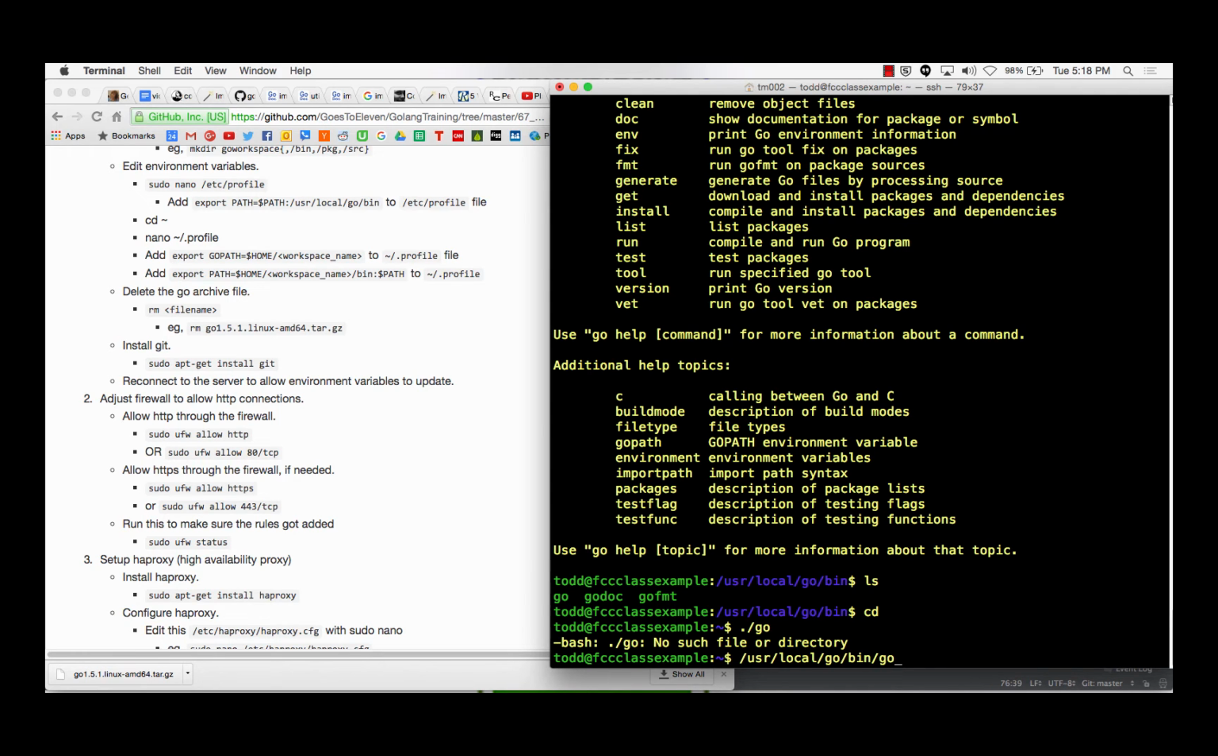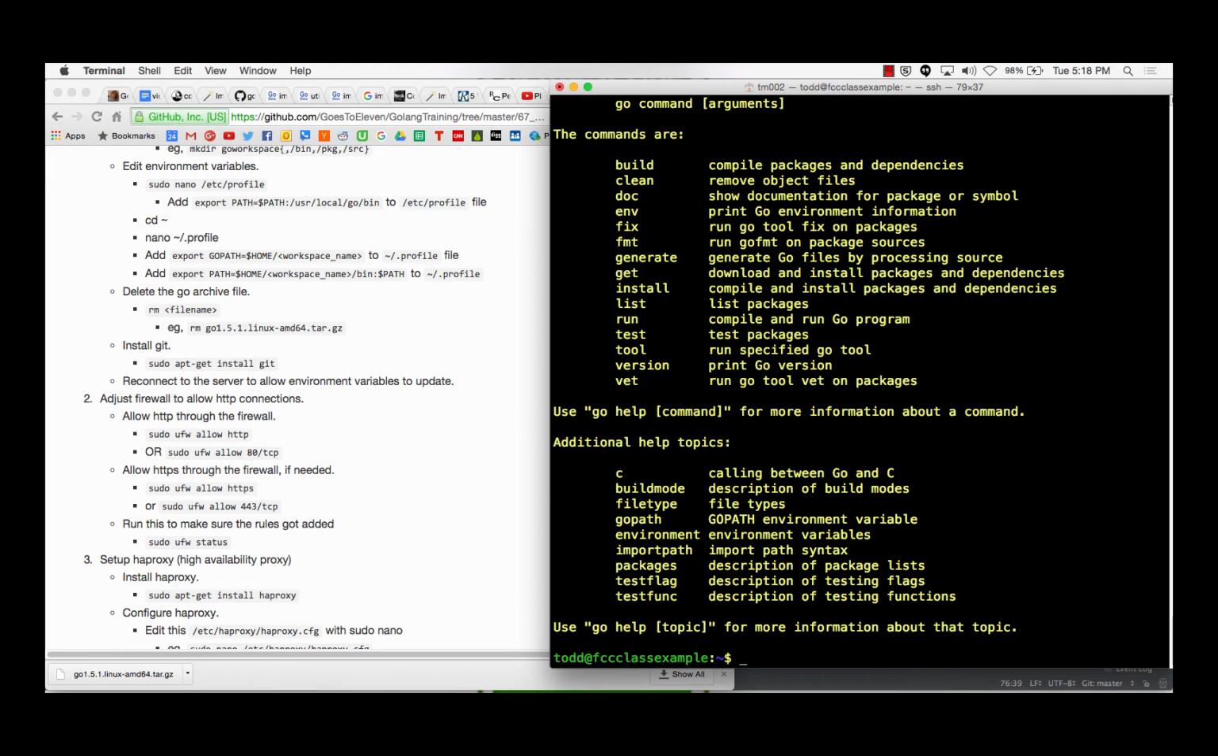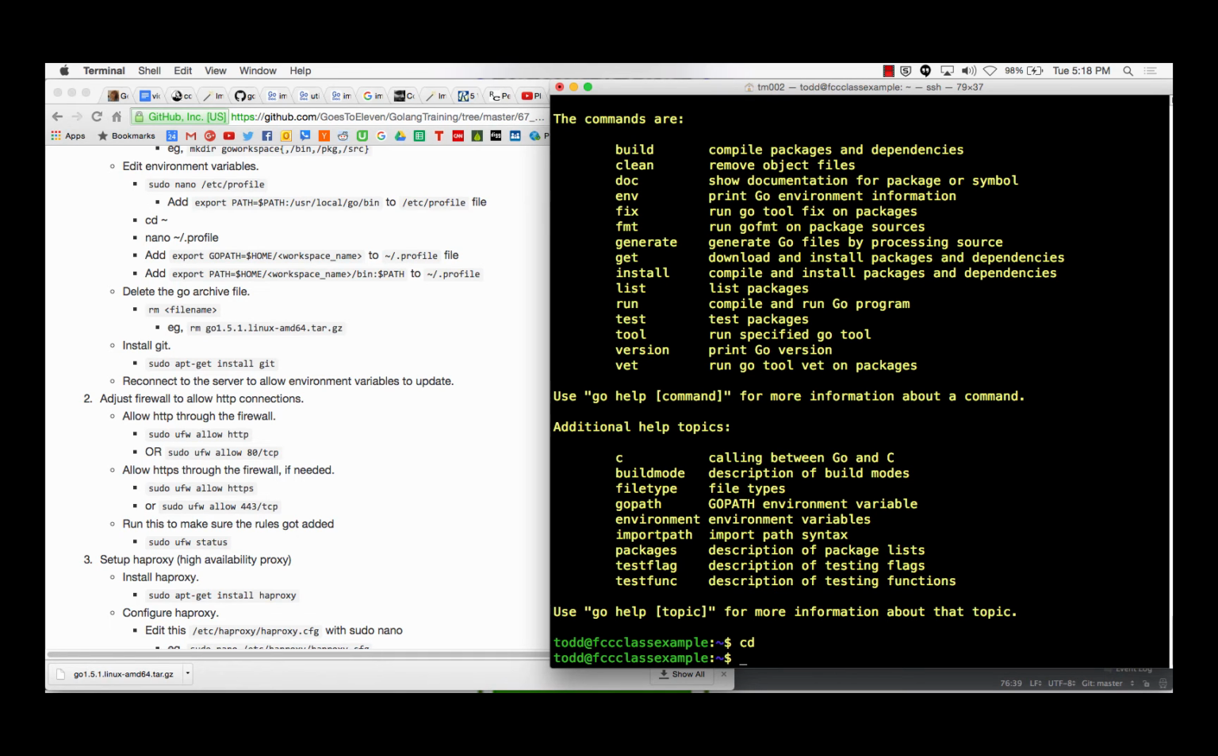What happens if I do that? That ran it. So I'd have to put in the full path for it to run. But I could set a path variable too, so that's what we're going to do. So we're going to do sudo nano /etc/profile,